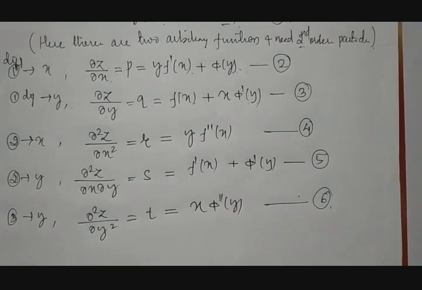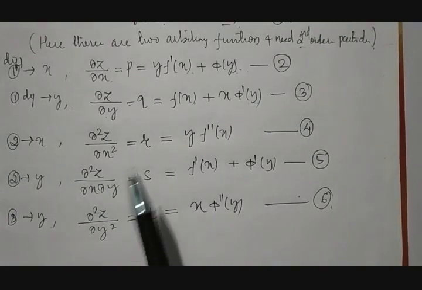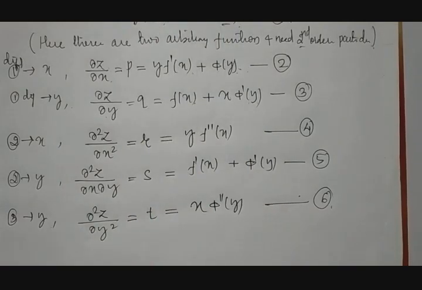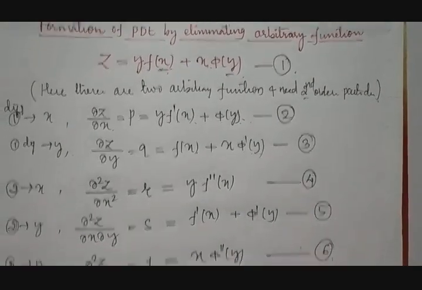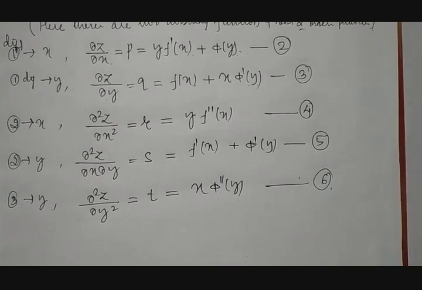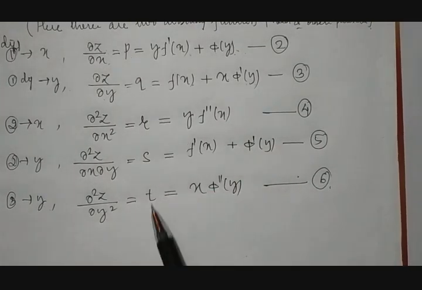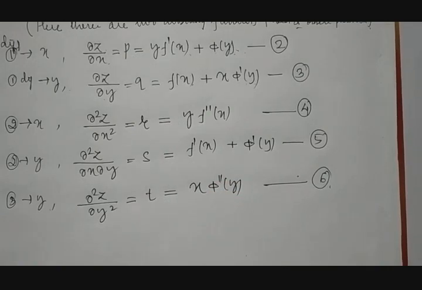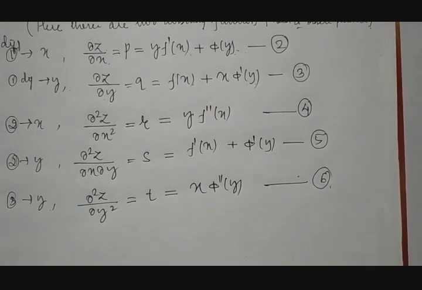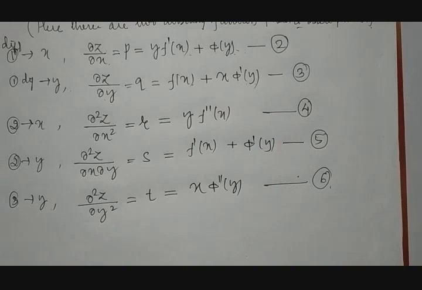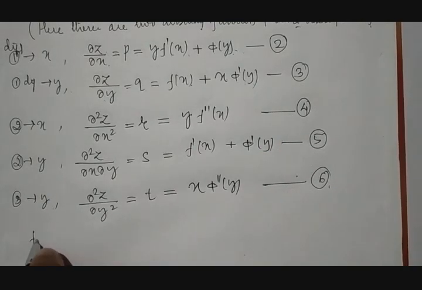Now in each and every example where we get more than one function, where we'll be getting two functions, one thing you do: first straight away go with all these p, q, r, s, t. Differentiate with respect to x once again, with respect to y up to second order, then the mixed derivative. So total 5 derivatives you do. Then you will get an idea what to do and how to construct a partial differential equation after eliminating arbitrary functions.